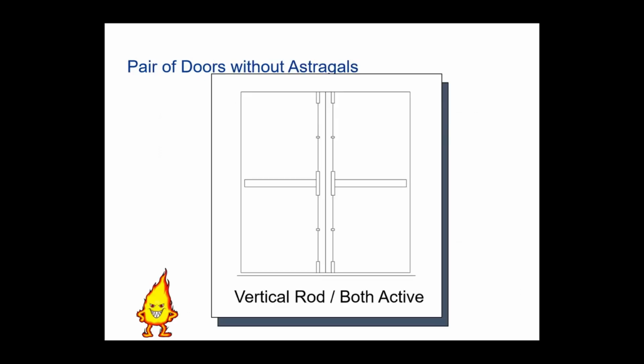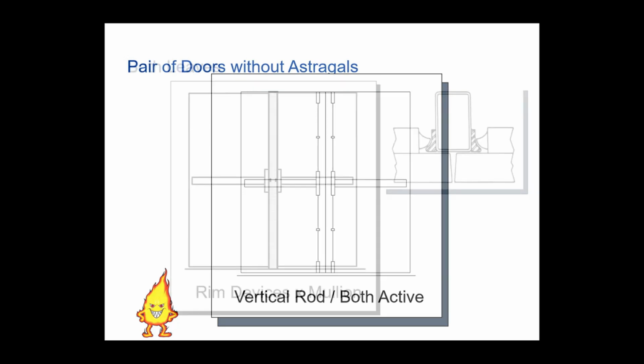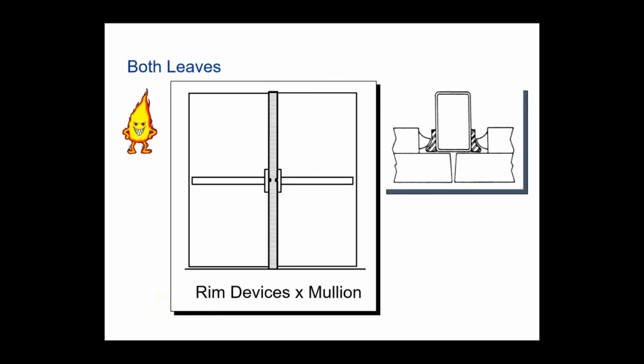So if you have a pair of doors that you want to independently operate, we talked about this earlier, you'll use a surface or a concealed vertical rod, or you can even use a rim exit device, but you have to use something special with it. And we're also going to talk about another application, but surface and concealed vertical rods, they're independently operable,